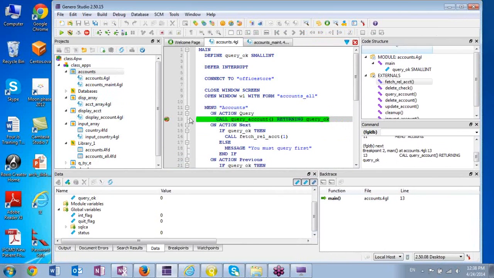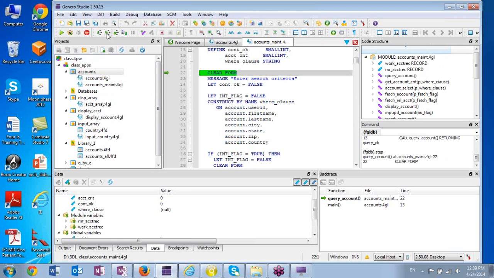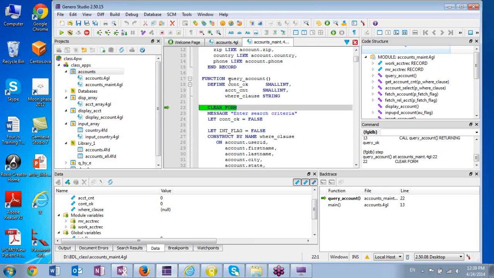getting ready to call this function. And I've got a breakpoint here, so it's stopped here, and it's waiting for me to tell it again what to do. It's not going to go ahead and process the function until I tell it one way or another. So what I'm going to do here is step in. We talked about the step in option because I want to see that function execute. So here I am stepping into the function